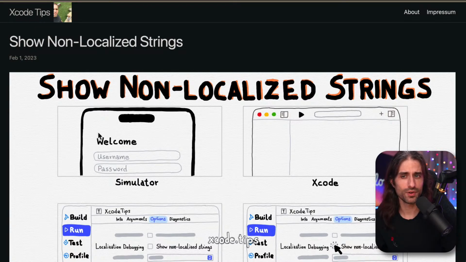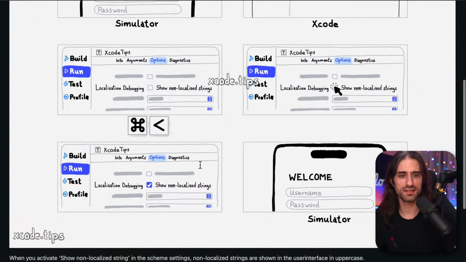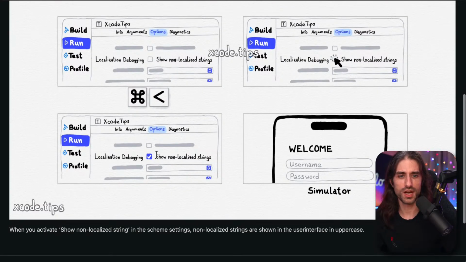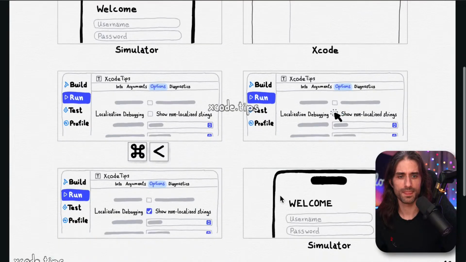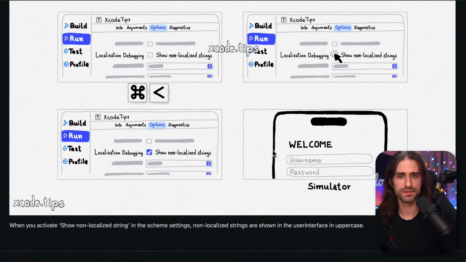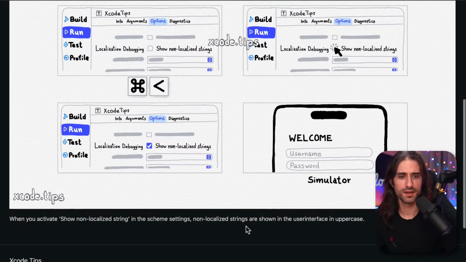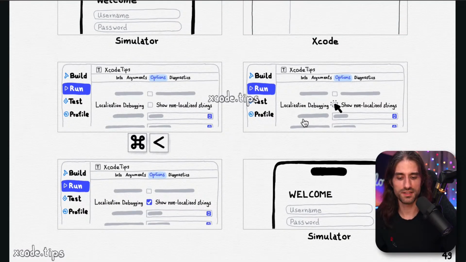Next tip is about showing non-localized strings. So the idea is that if you have strings which are not localized, oh, they will become uppercase if they have not been localized. Okay, so that's interesting.